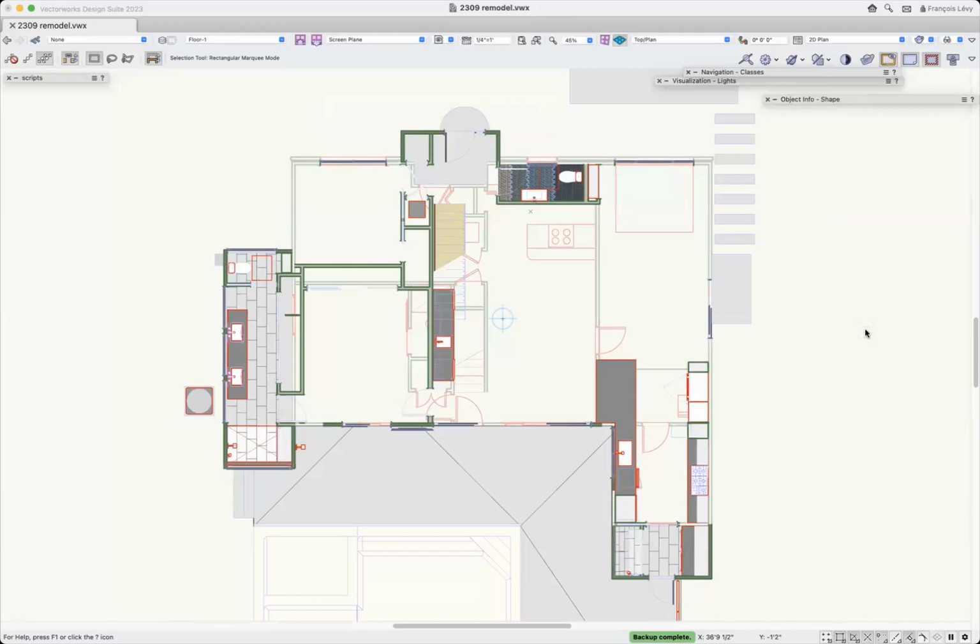But then I didn't have the existing walls anymore, so that was my problem. Yeah, that's a good point. Sometimes it is. I've had builders, particularly in a residential context, request to see existing conditions. I mean, usually they can figure it out just by looking at the demo class, right? But if they want to see it,